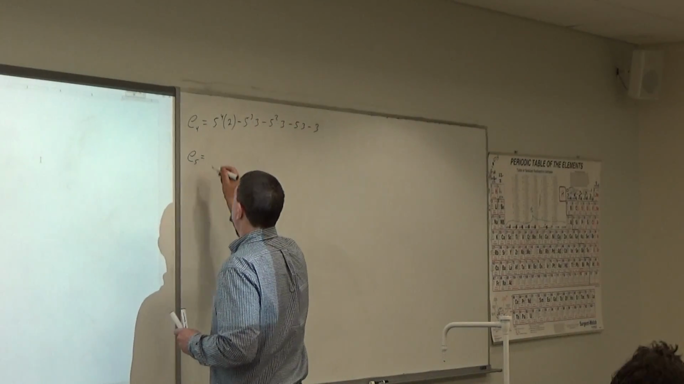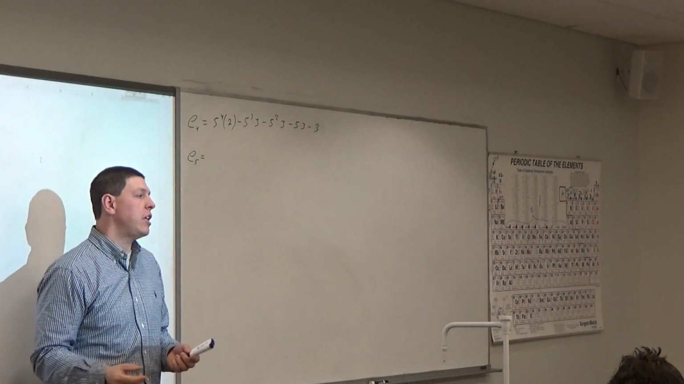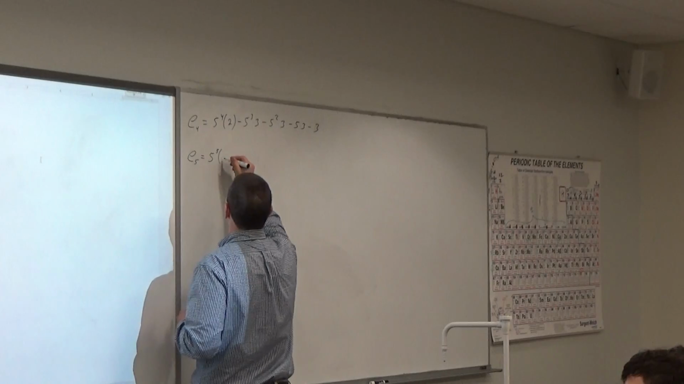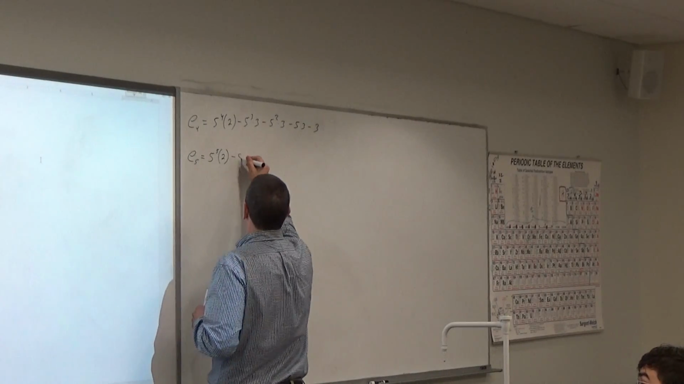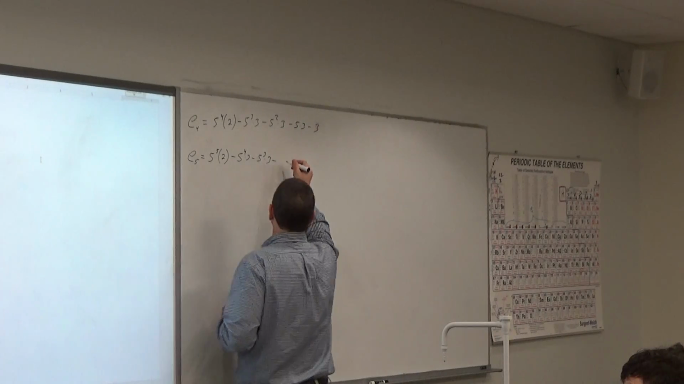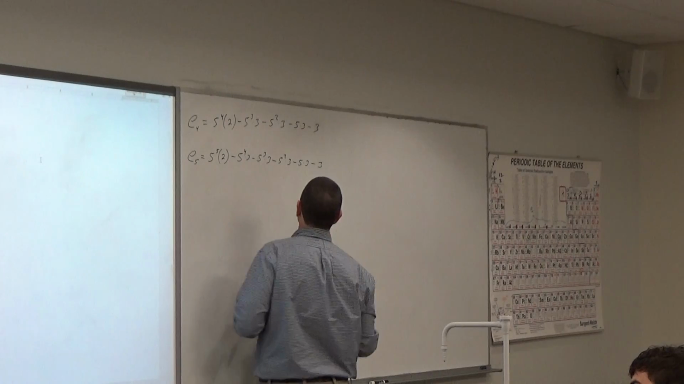Okay? I'm betting that if you guys were to go through and do e sub 5, most of you could write out e sub 5. Okay? E sub 5 is 5 to the 5th times 2, 5 to the 4th times 3, 5 to the 3rd times 3, minus 5 squared times 3, minus 5 times 3, minus